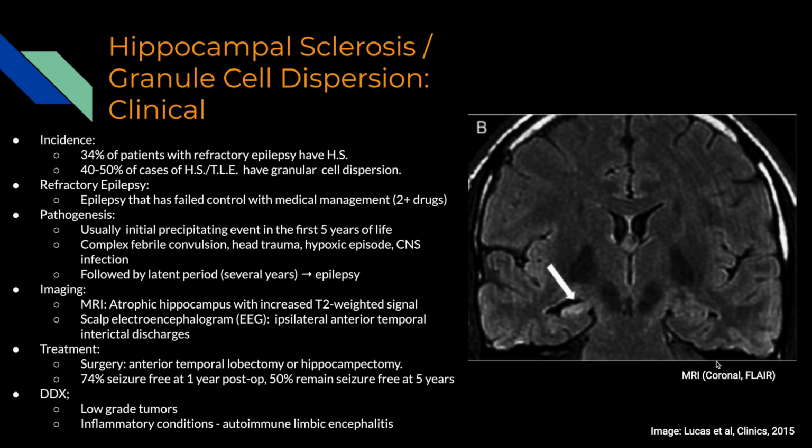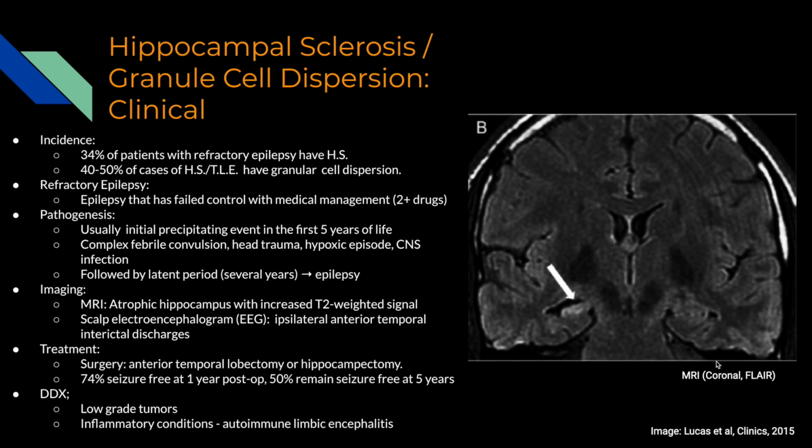There's usually a latent period of several years where the child will continue on without epilepsy, and then all of a sudden the seizures come back in increasing frequency, and again usually cannot be managed by